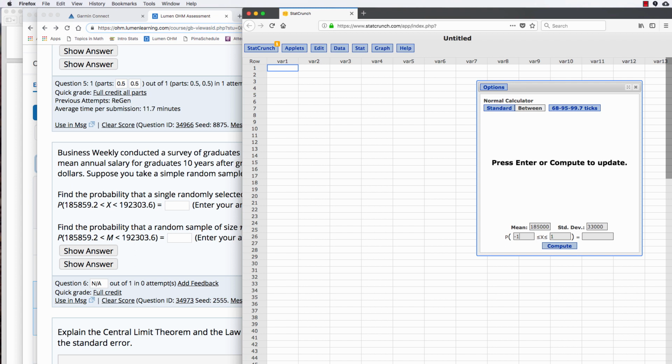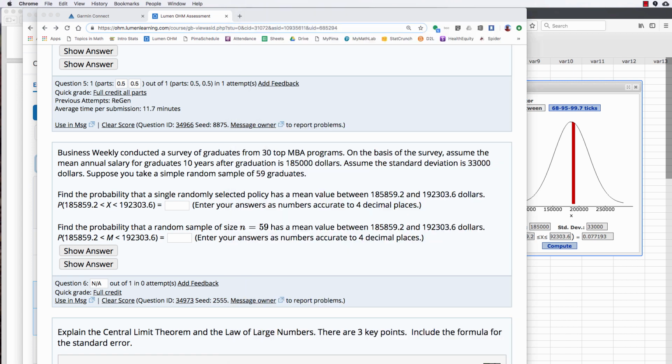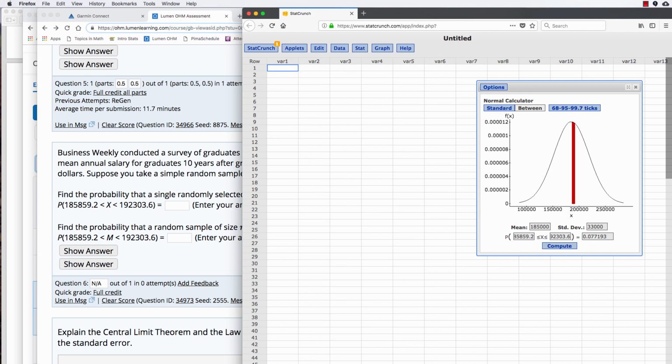We want to know what's the probability that it's between 185,859.2 and 192,303.6. We compute that, and we see that that answer is 0.077193. For the second one, we want to know n is 59, so we take our standard deviation